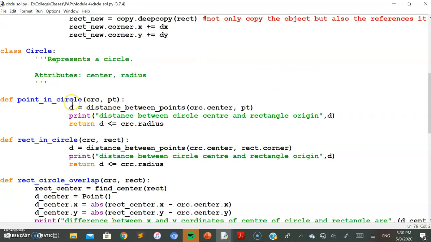Once you find the distance between these 2 points, you need to compare it with the circle radius. If the distance you have calculated is less than or equal to the radius, then the result is true, which tells that the rectangle lies in the circle or at least touches the boundary of the circle. Or if the distance is greater than the radius, then you can conclude that the result is false, which tells that the circle doesn't touch even the rectangle.